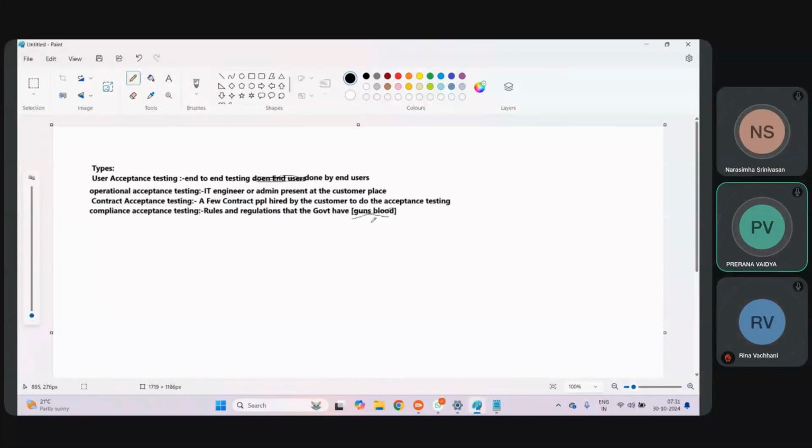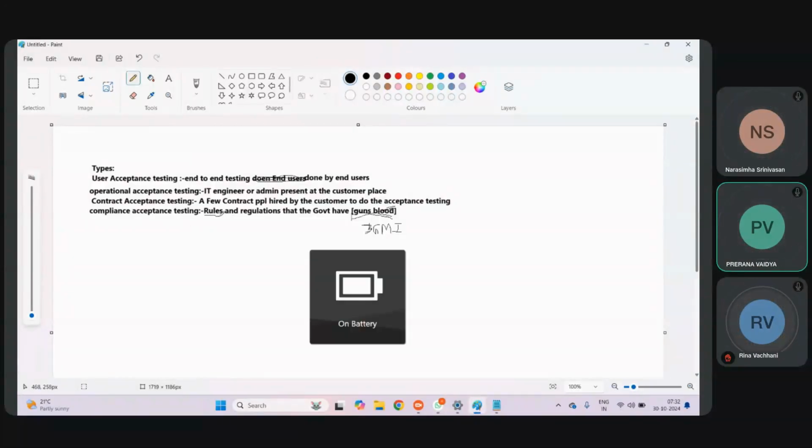Now they have changed the name to BGMI, same game, where they have changed the colors of guns, or changed the color of blood from red to yellow or blue, like that. Now it will not represent blood. It will represent that you are becoming weak as soon as the bullet hits you. Got it? So this compliance acceptance testing will be done. They will check whether